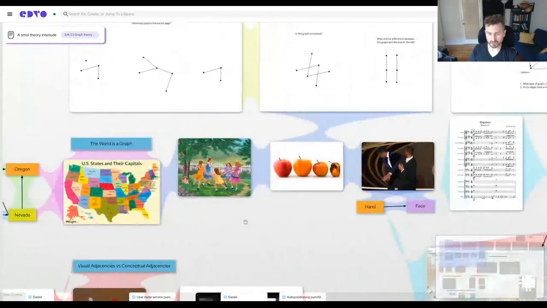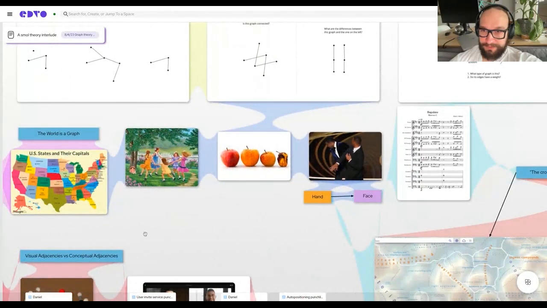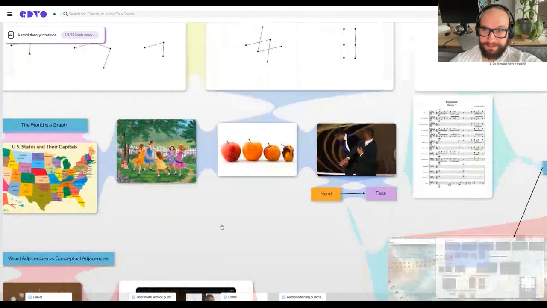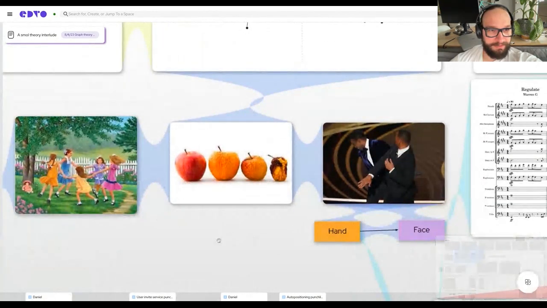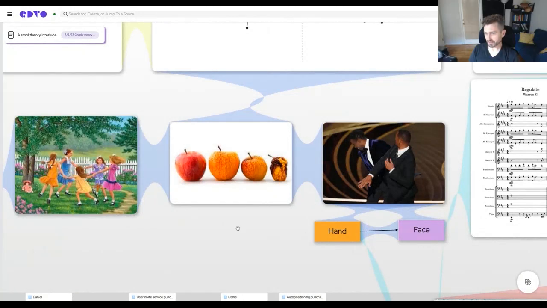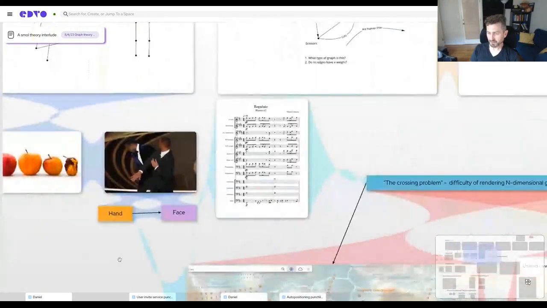Okay. Any thoughts or questions on this aspect? With apples, it's going to be a linear graph, right? The last one is not going to be connected to the first one, unless we treat the time as a non-linear thing. Yeah, and a lot of it depends on how we want to model it. There's variations, but yeah, that makes sense. Okay. So